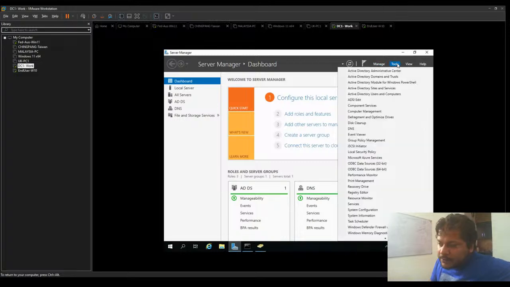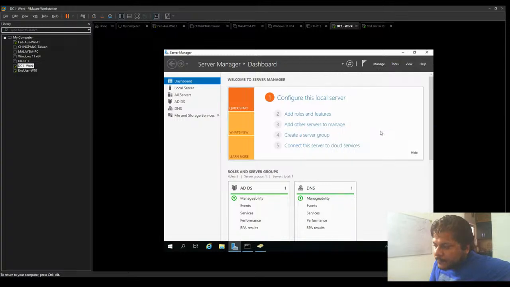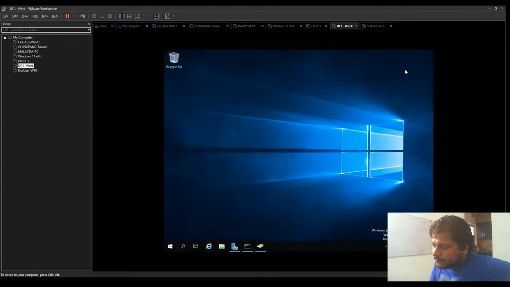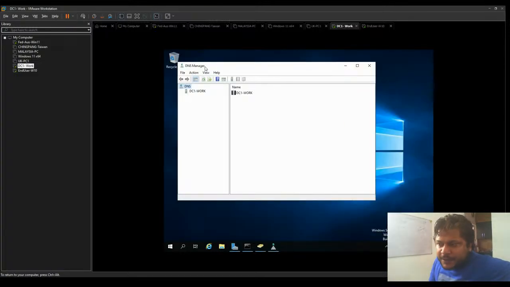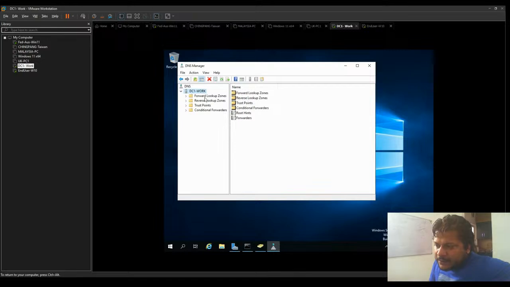To access the DNS panel, I'll go to tools, and I'll go to DNS over here. This opens my DNS manager. My domain controller is the DNS server in this case. I'm going to expand that section, and you see there are different zones over here that I explained in my second video on what DNS zones are.